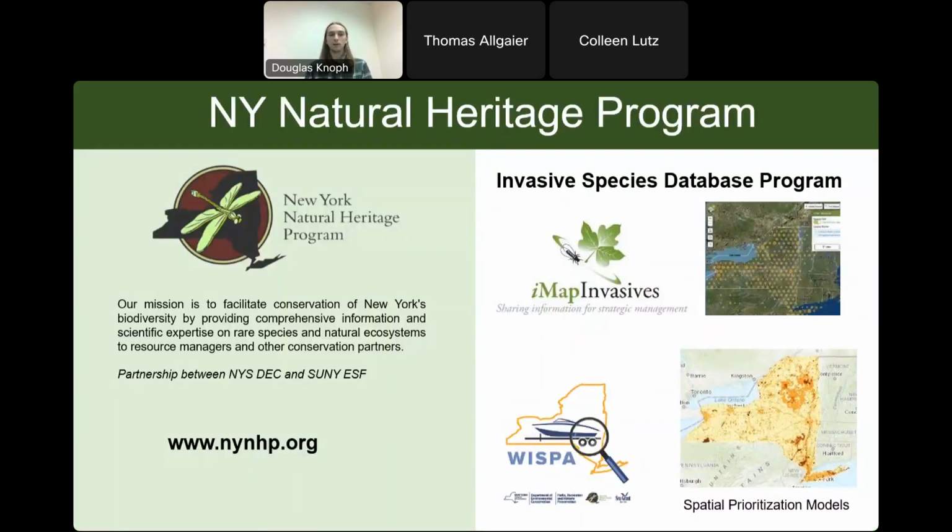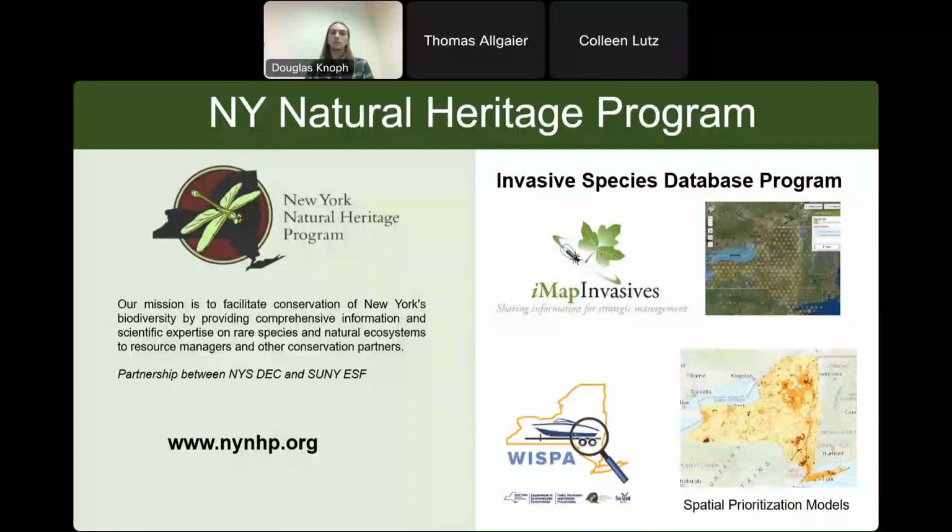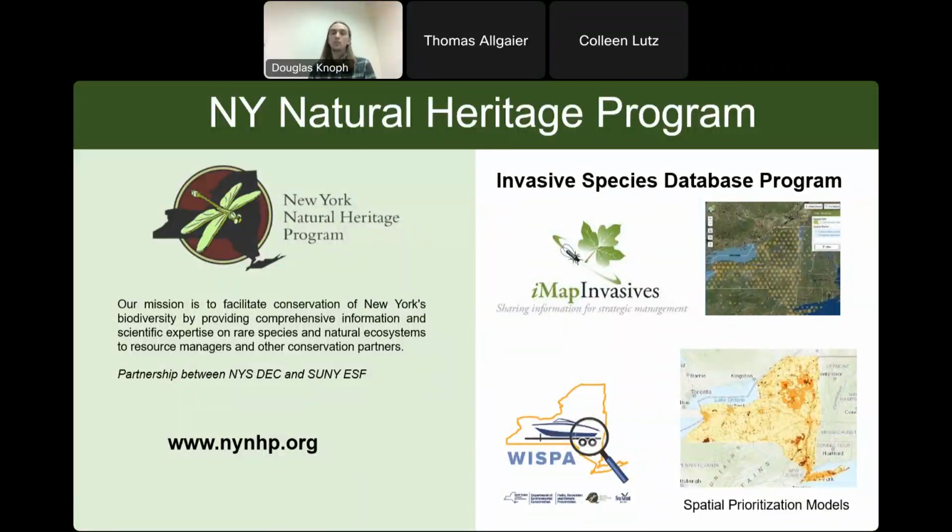So a little bit of background about the organization. The New York Natural Heritage Program facilitates the conservation of rare species throughout the state. And as one of the biggest threats to rare species is the establishment and spread of invasive species, the iMapInvasives program operates within that organization.